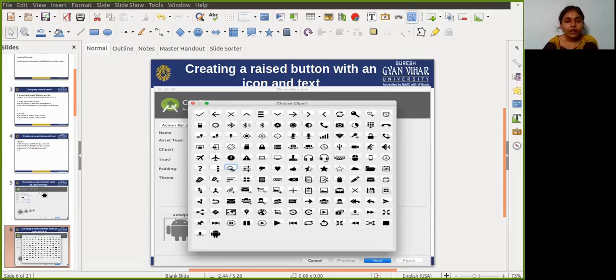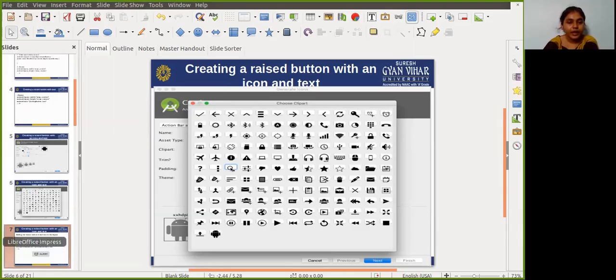Okay, and click finish. The icon name should now appear in the app folder. Now just click on the res folder and then the drawable folder. Okay, now adding the button with text and icon to the layout.